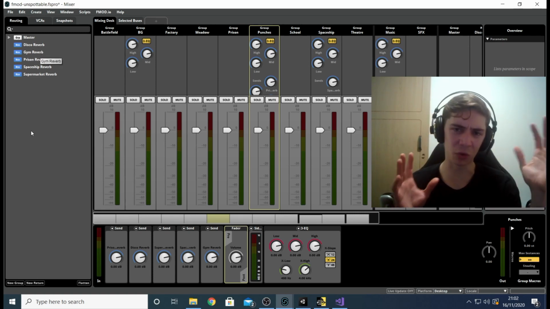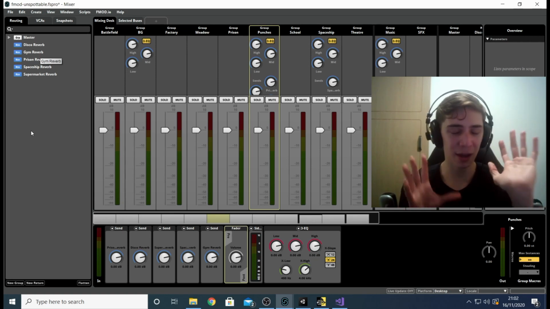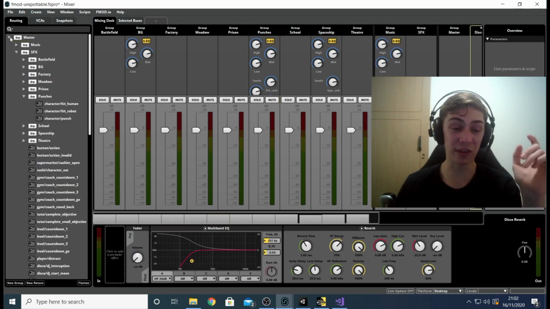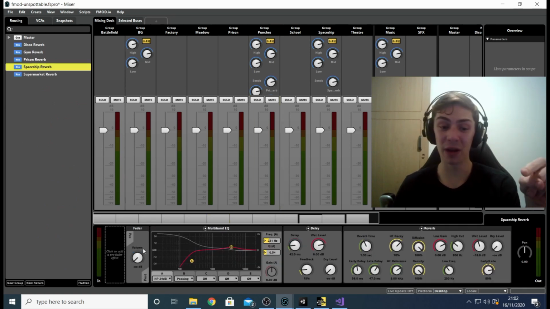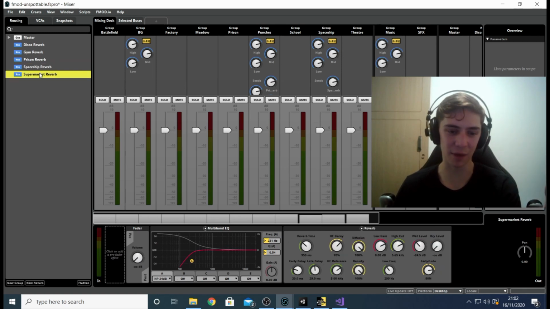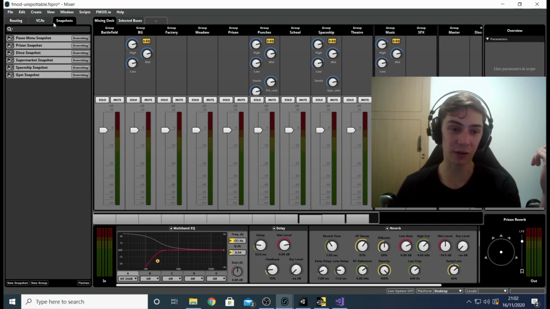Now, again, this is something I've talked about in the past, so I'm not going to delve too much into it. All you need to know is that I've set up these return buses with a send from the punch bus into them. The thing is, however, if I click on one, as you can see here, the spaceship reverb, they all start at -infinity, so we're not going to hear any reverb once we start the game. What I wanted to do is control them with snapshots. So here, if I click on the snapshots tab,